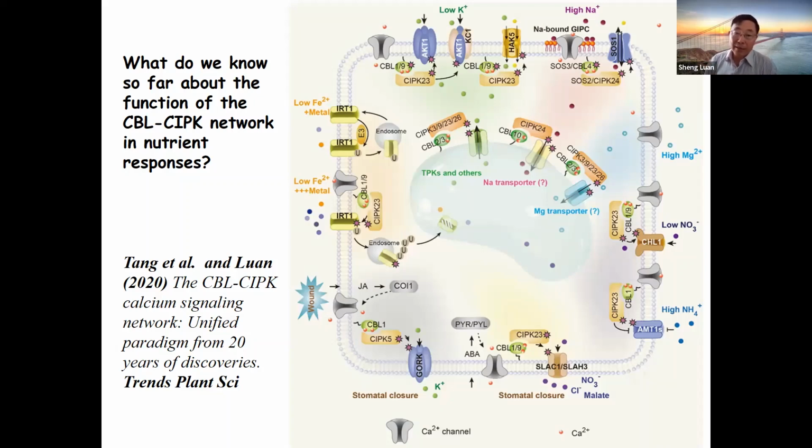For example, with CBL-CIPK, I often say, if you look at this picture, the subcellular localization can be a specifying factor, a specifying parameter. You localize it to the plasma membrane or vacuole, or if you think about the cellular level, some cells express a particular toolkit, right? And gene expression level and cell type specificity, all of this can serve as a specifying